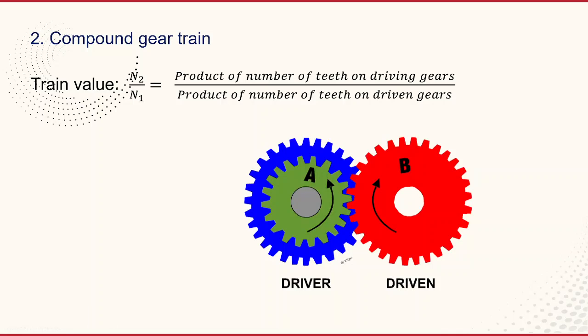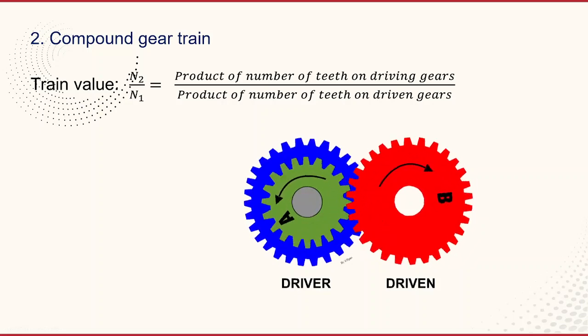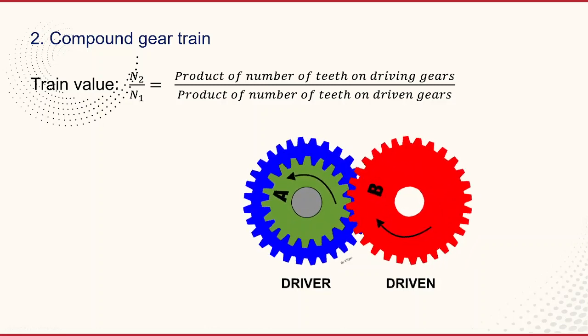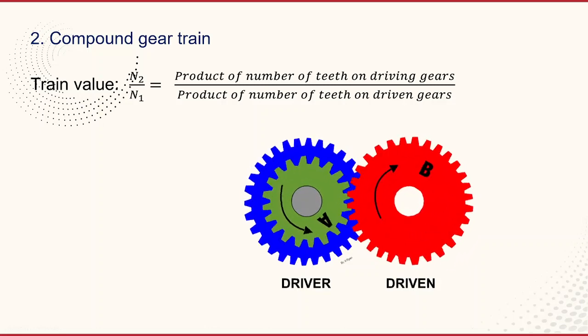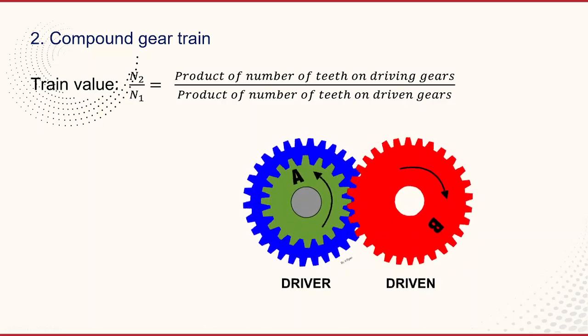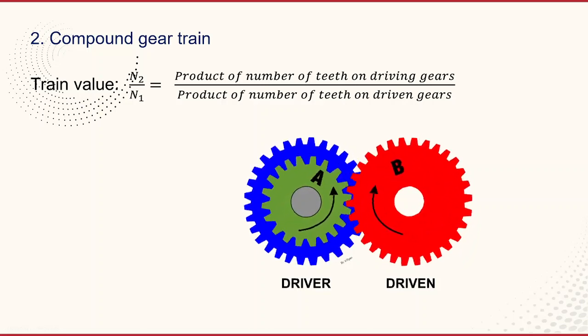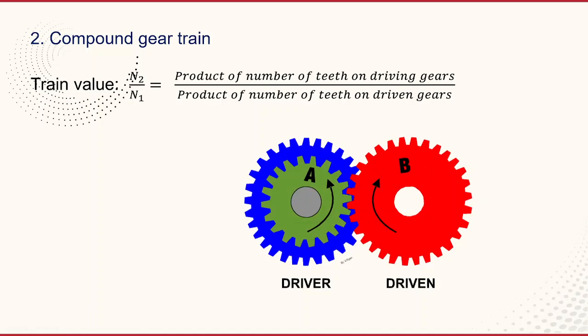See the compound gear, the driver and driven. Here you see that gear A is meshing with gear B, and another gear is also mounted on the same shaft as gear B. Now, when an intermediate gear shaft, or one shaft, carries more than one gear,